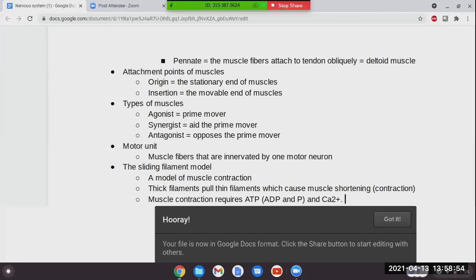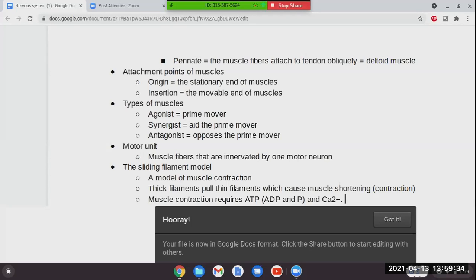And the last topic for today is the sliding filament model. This is a model of muscle contraction, or how muscle contracts. To put it in plain words, this is when thick filaments pull thin filaments, and the whole muscle gets shortened, and that whole process is called contraction. I'm not going to ask you about details because I'm sure you are going to go over this in the next bio classes,